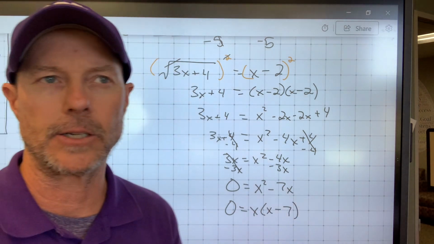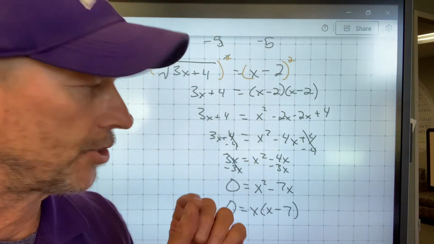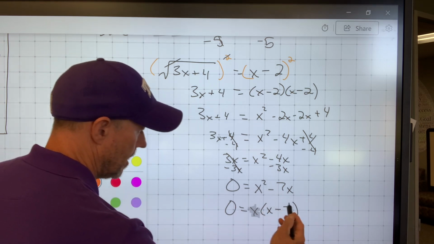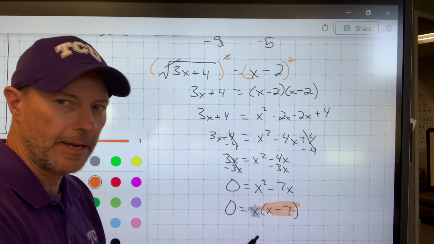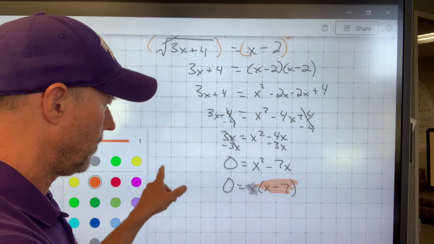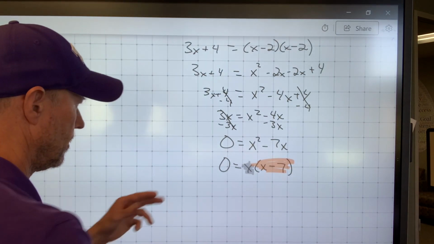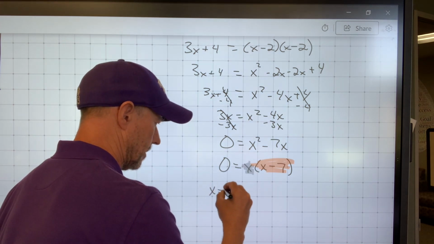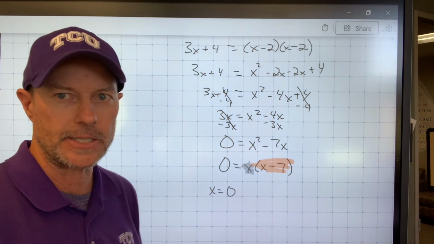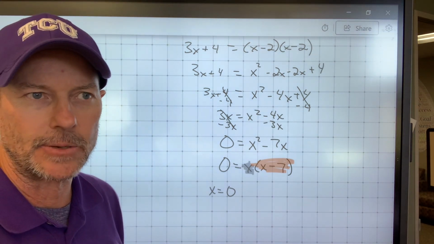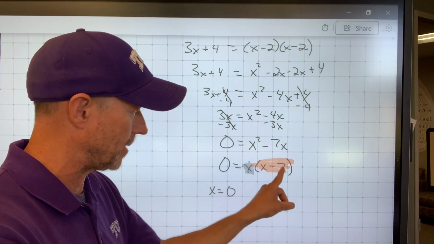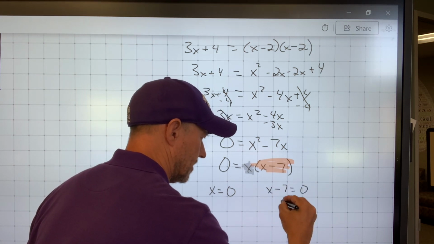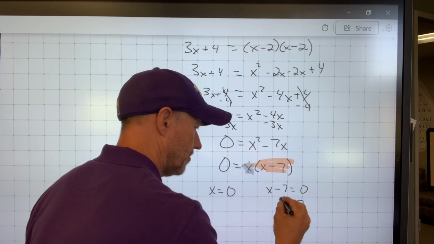So I factor out the common factor, and we've got two numbers. One of them is x, and the other one is x minus 7, and they're multiplied together and they equal 0. That means one of the two numbers, to make this a true statement, has to be 0. Either the x is 0 or the x minus 7 is 0. If the x minus 7 is 0, then x must be 7, because 7 minus 7 is 0. So we say x minus 7 is equal to 0, but then if we add this 7 over, x is 7. So we have two solutions,